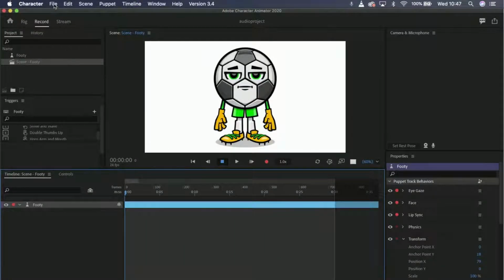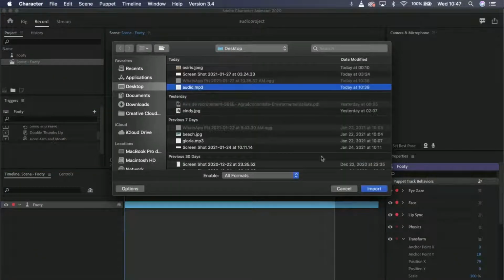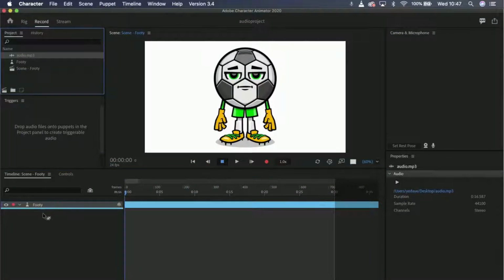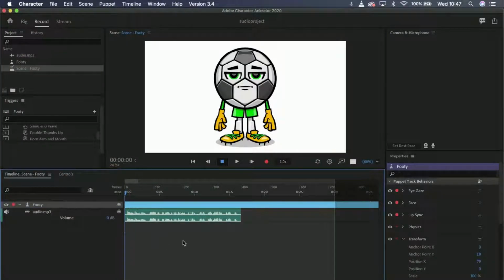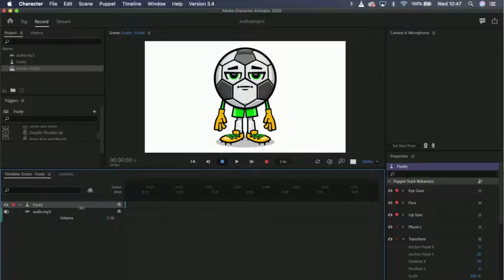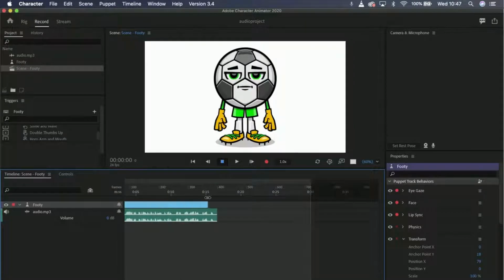And now I want to add my audio file. So I go to import and I choose my audio file I previously recorded. So my audio file is here now. So I will just drag and drop it here in the timeline. And now, as you see, my puppet is present all along here without my audio. My audio is not too long, so I will just drag the timeline here to make sure my puppet fits